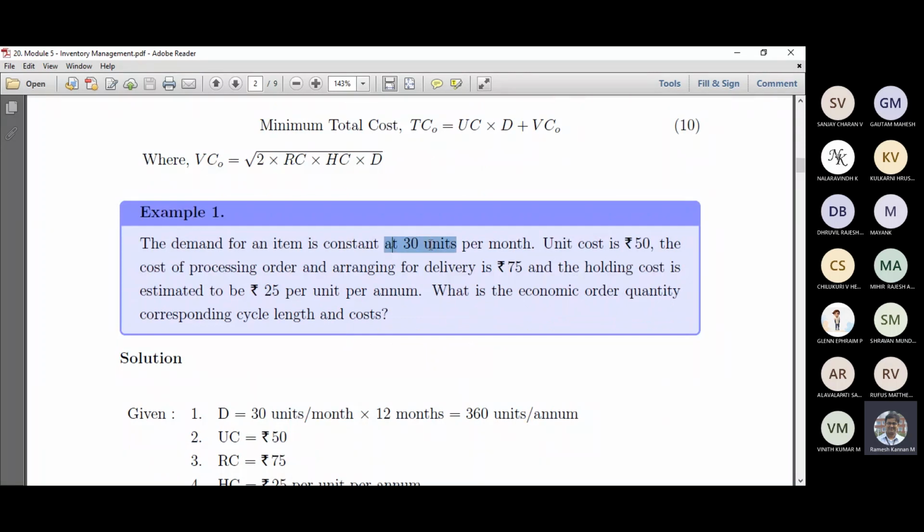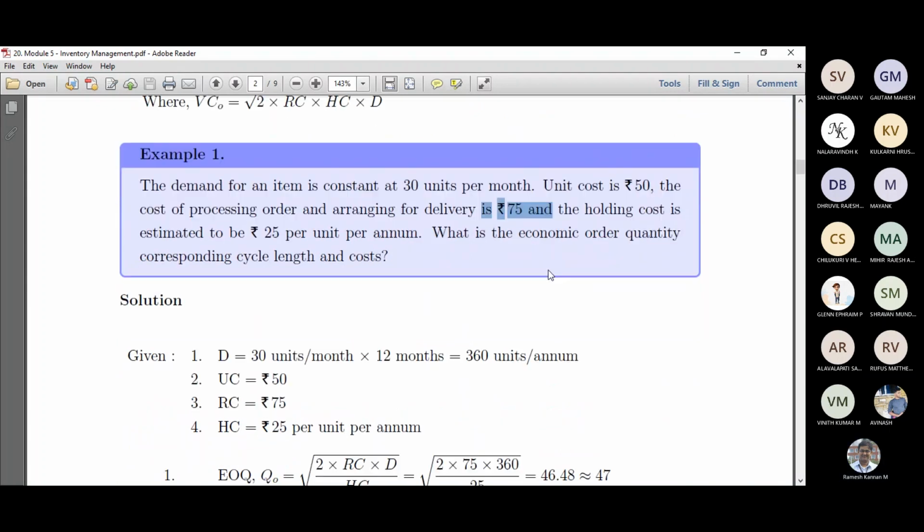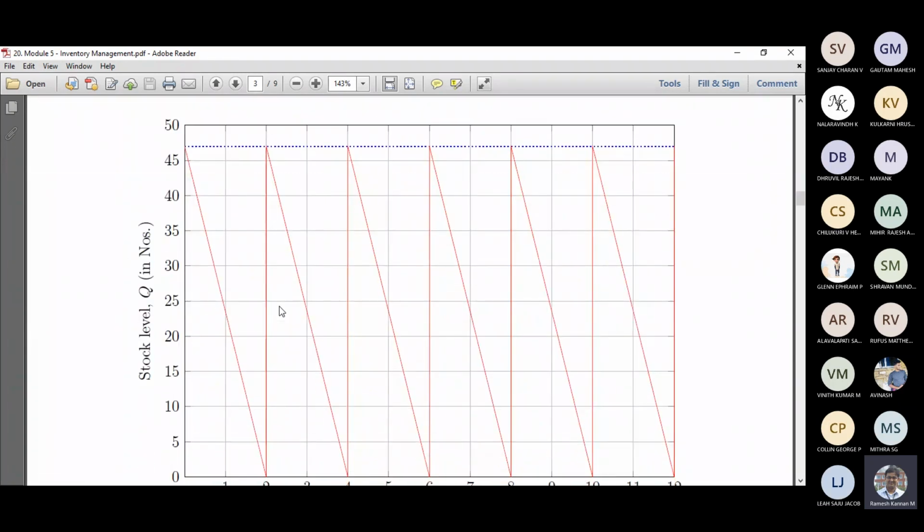The demand is 30 units per month, so it is 360 units per year, and the unit cost you see is 50, and holding cost is 25, and then the reorder cost is 75, and we calculate the economic order quantity. And this particular graph,